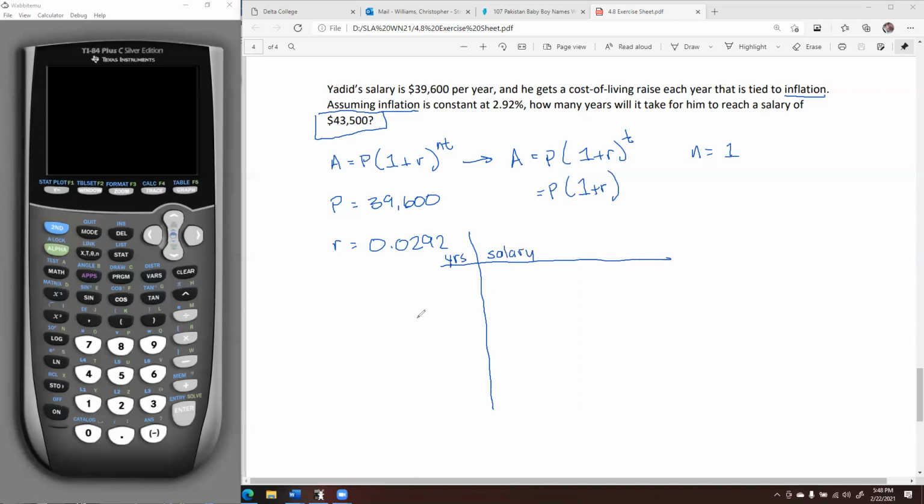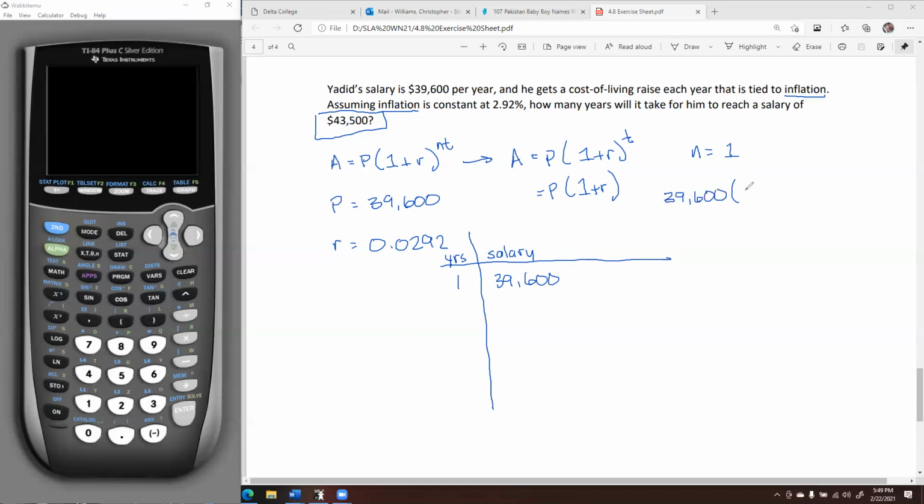salary. All right. Now, the most overlooked part of this process, that if you miss this, it's going to throw you off into the weeds before you even get started. The most important part is to write down year number 1. That is going to be our starting amount. If you miss this step, you're done before you even get started. So now this value, 39,600, is going to be the input for our P value. Okay. So what we'll do is we will run the calculation,